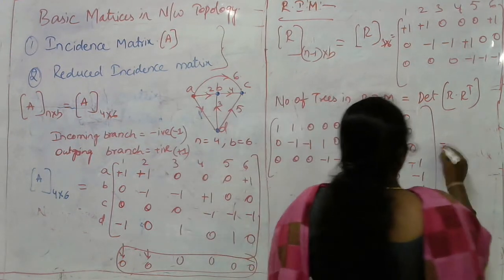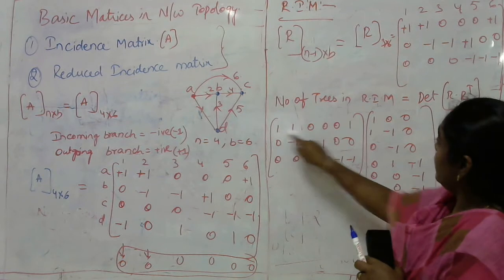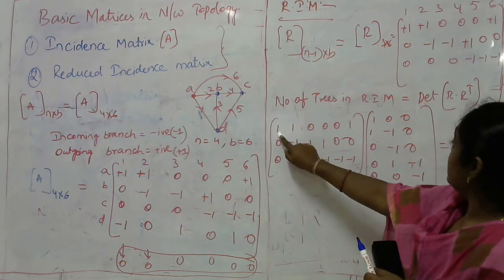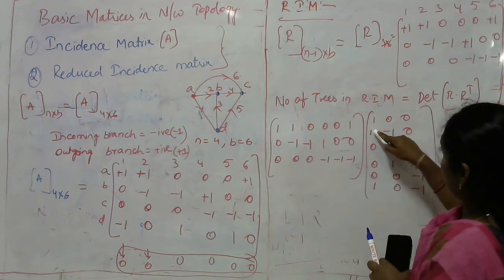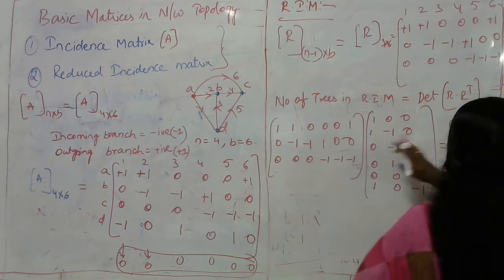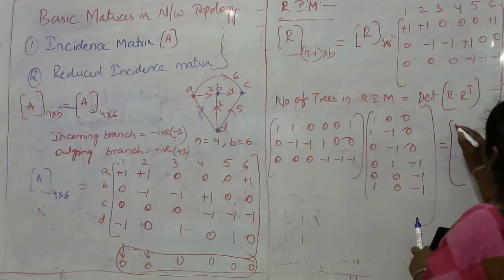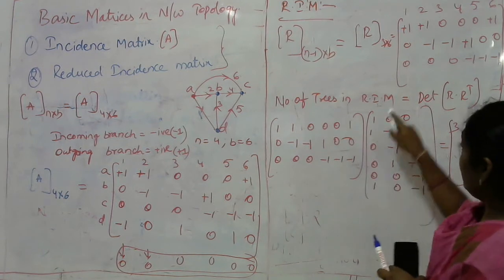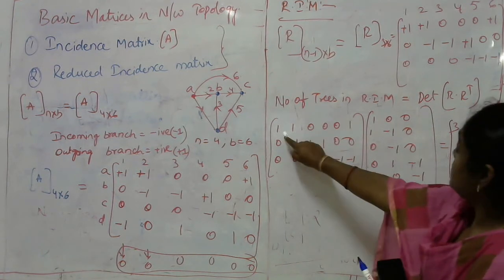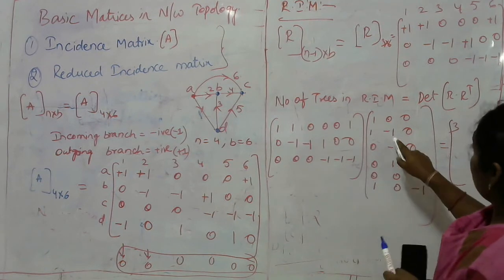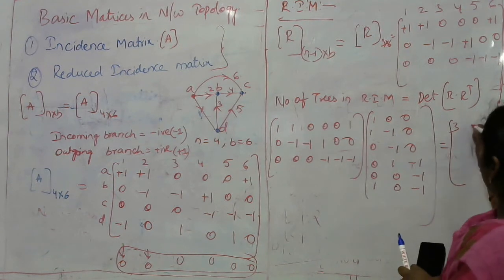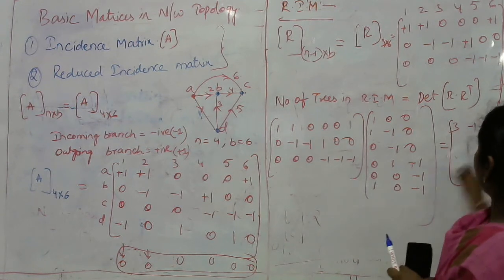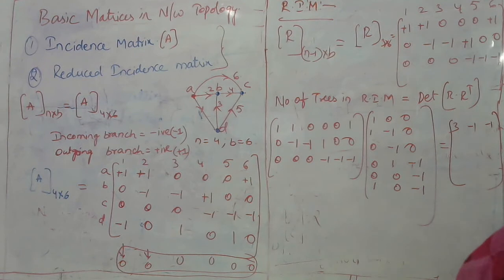Now just perform the multiplication. The first row is multiplied with the first column, as I have ones in the first and second elements, here also in the first and second elements. So the first element, the multiplication of the first row with the first column, is equivalent to 3. Similarly, multiply the first row with the second column. I have ones at positions 1, 2 and 6. Here 2 is matching, so it is minus 1. Similarly, first row with the third column, only the last one is matching, which is equivalent to minus 1.